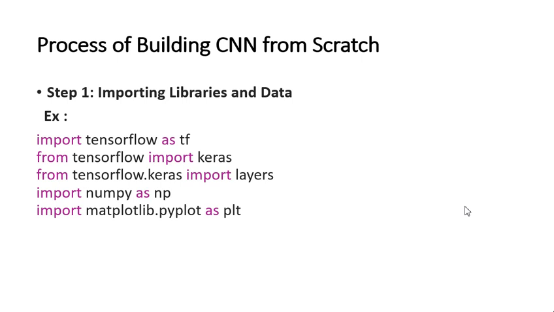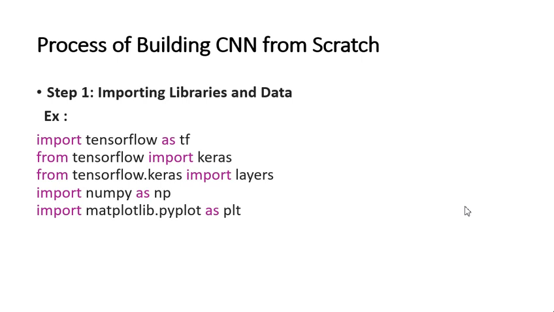This is the example case we are discussing, but it changes from project to project. It changes from model to model, and as and when required, the different kinds of model libraries we need to import subsequently, as per the data set, as per the project, as per the application, and as per the requirement, right? This is just an example we are discussing, but however, this is the process of building the CNN model